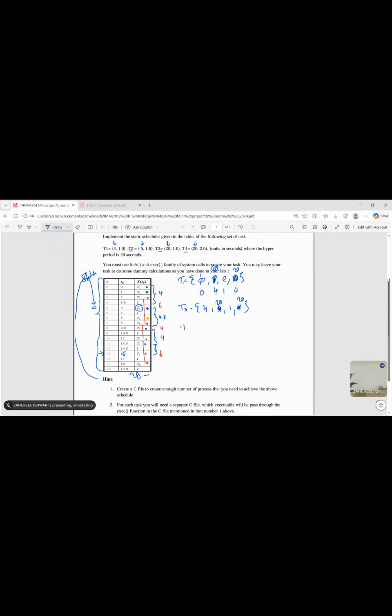I treat it as a separate task, T6, which equals 9.8 here. This is the face value. Its period is 20. And then the execution time is the same. And then the fourth job will be T7, which equals to